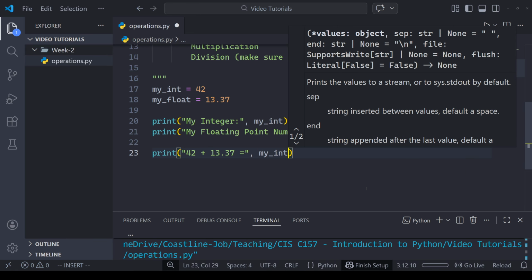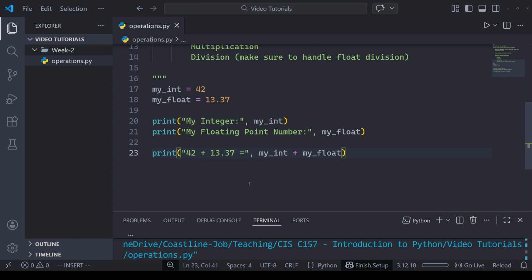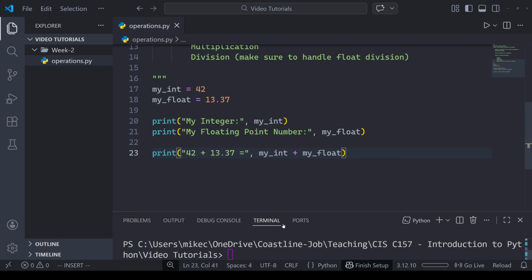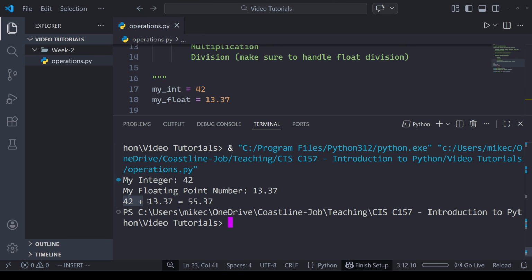So I'm going to do myInt plus myFloat, and run that. Okay, and now we get 42 plus 13.37 equals the same result that we had before.